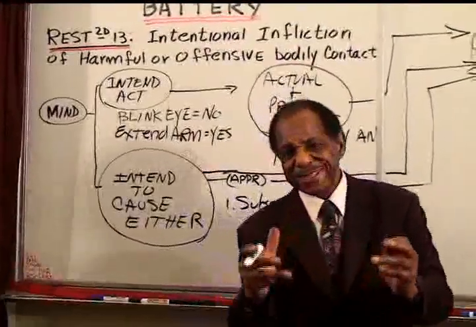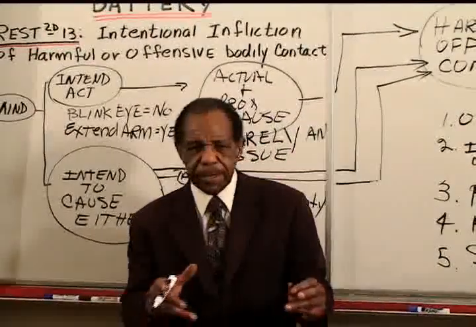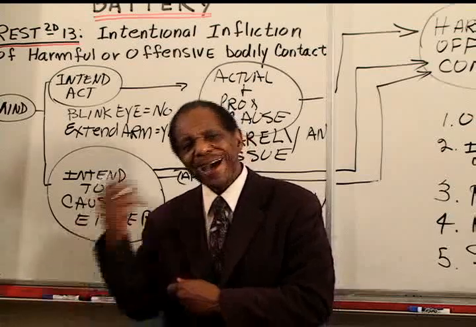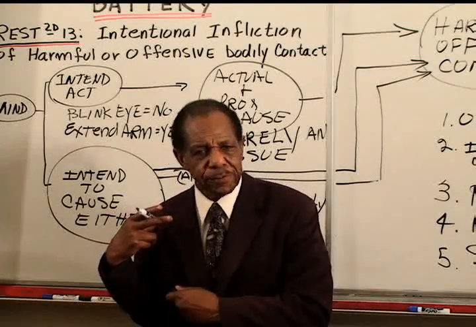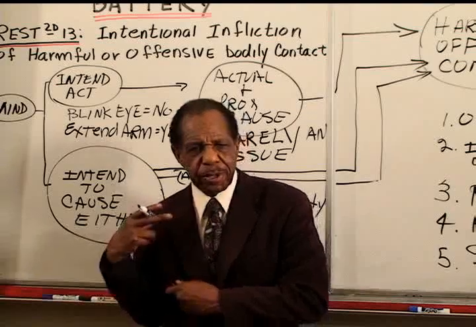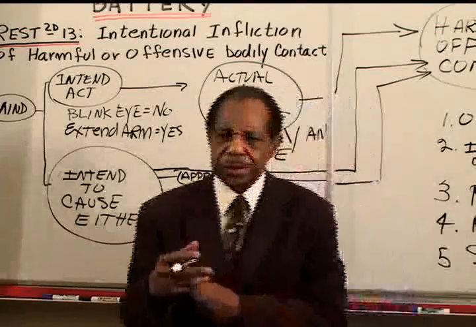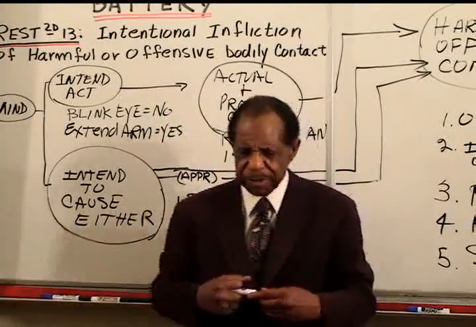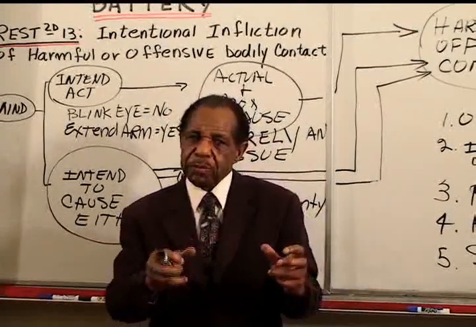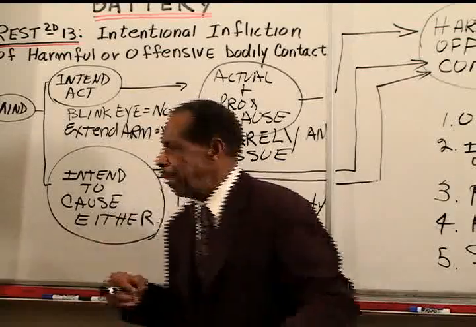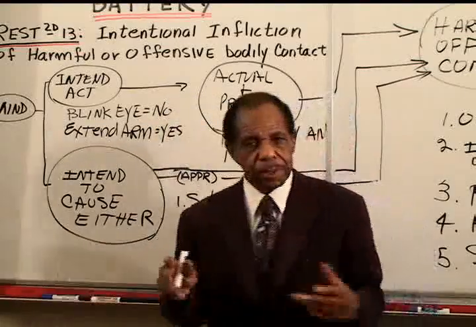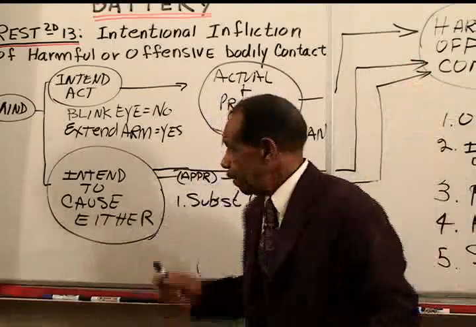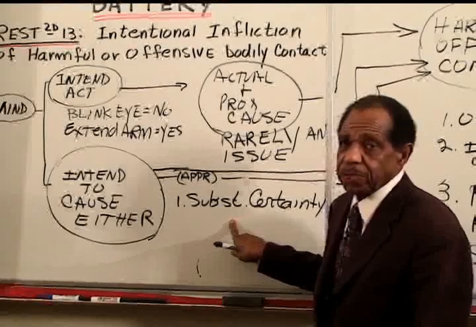If the person is sitting down in a chair and they're just about to touch the chair and I pull the chair from under them at that point, I am substantially certain the person's going to fall. And that's that famous case, Garrett versus Daley, from the state of Washington, a 1955 case where the boy pulled a chair from under someone. If you pull a chair from someone when they're sitting down in that manner, you are substantially certain that they're going to receive a harmful or offensive touching. And that's as good as an adequate substitute for intent.